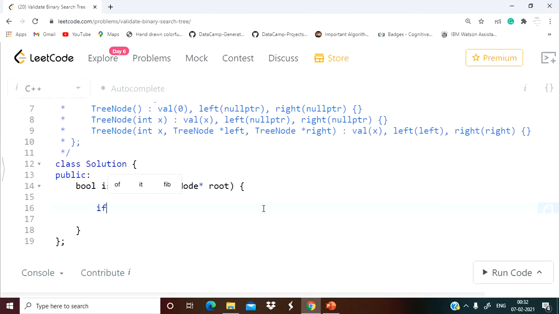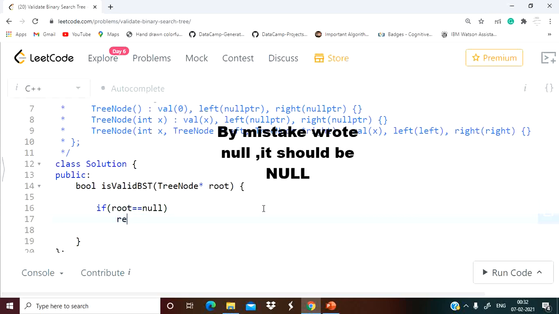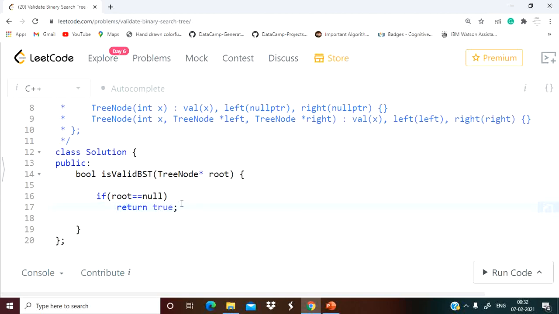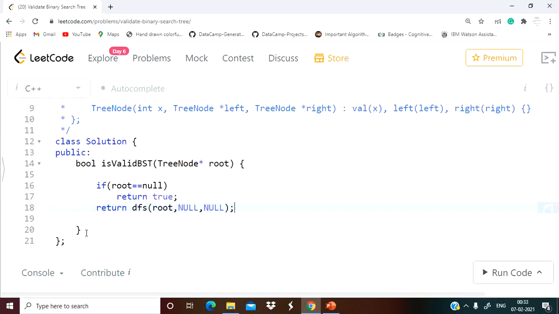So here, first we will check that if root equal null. So in that case, what we can determine, that it is a binary search tree, so simply return true. If this is not the case, then we will define another auxiliary function to check all the conditions and the two pointer approach that I just discussed. So let's take the name of function be dfs itself, right? And we are passing root to this null. Remember that our min and max were initialized with null, so I'm passing the same, right?